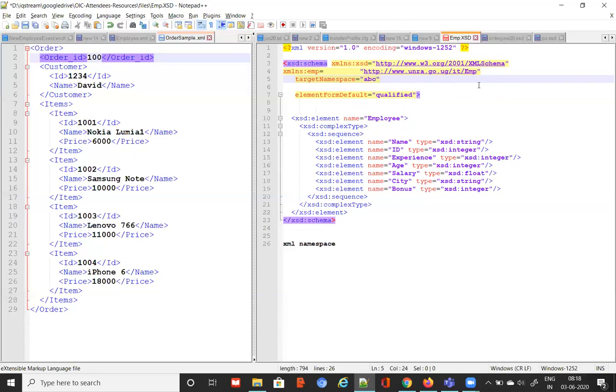Why don't you want to put ABC? If you put ABC, that may clash with other namespaces. Some other person may also be saying ABC only. Now there is an ABC employee, and you're also having an ABC employee, but that employee structure is different from your employee structure. Another advantage you're getting with namespace is that you're able to define or segregate your own definitions. My employee definition is like this. Your employee definition may be something different also.